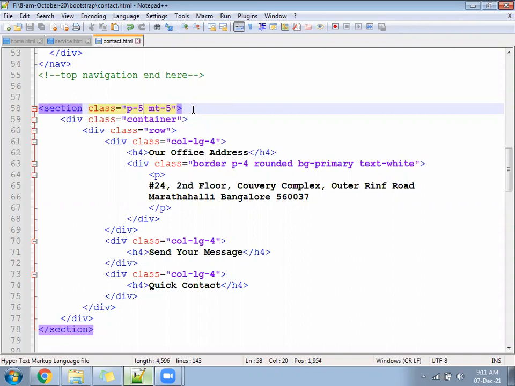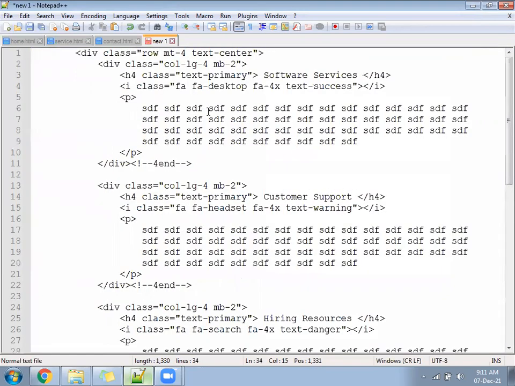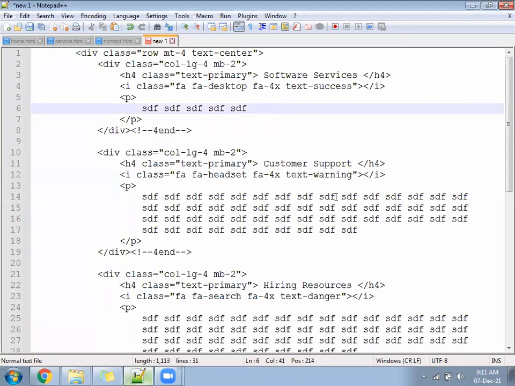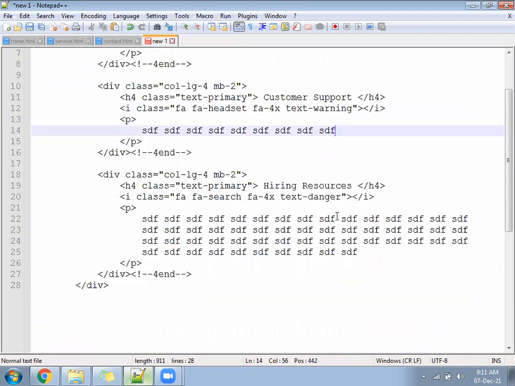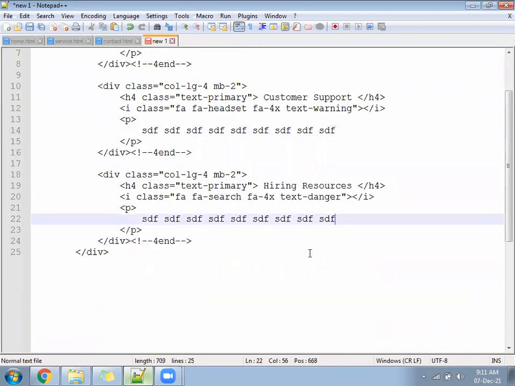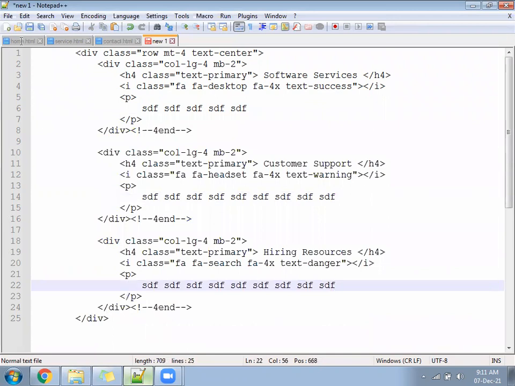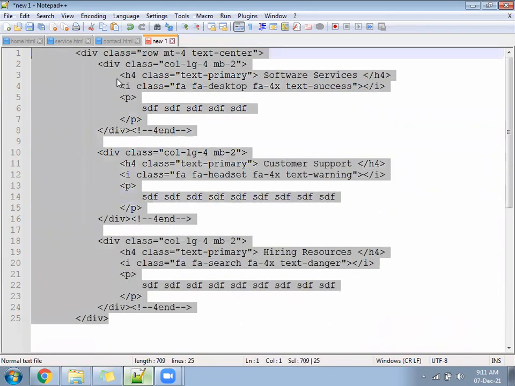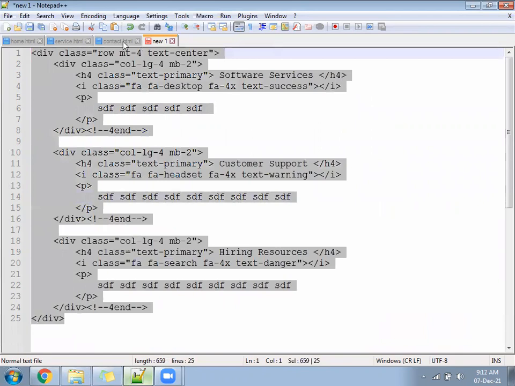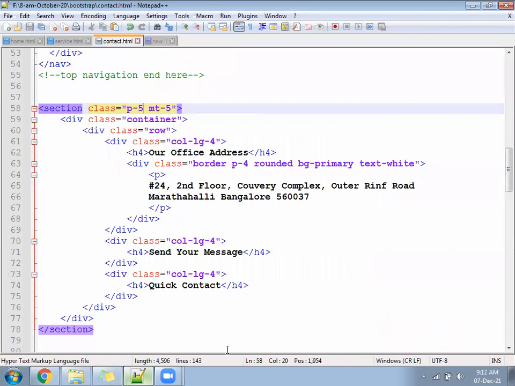Without bg-light now, this will not be visible.